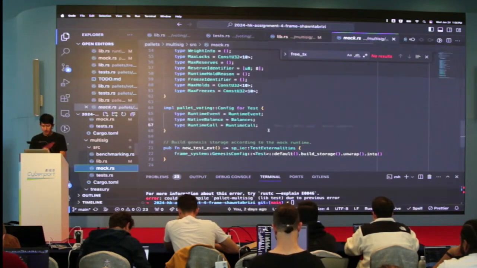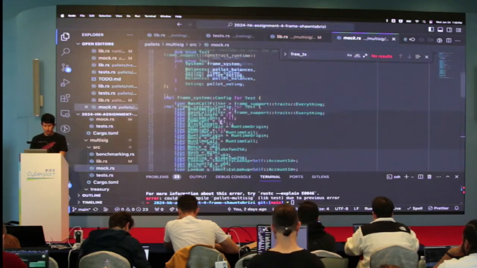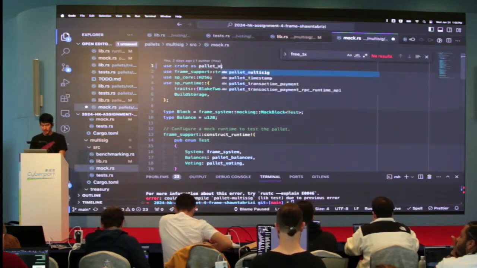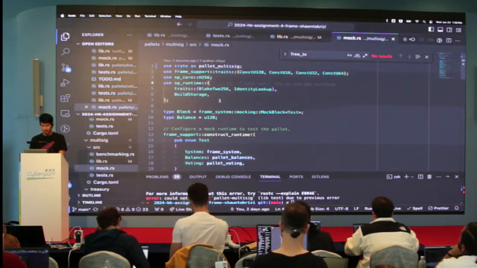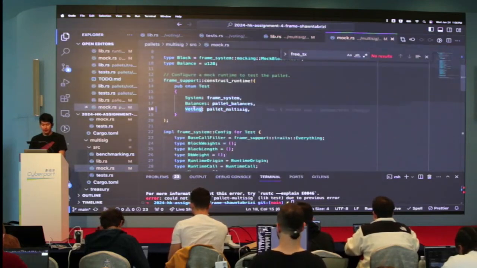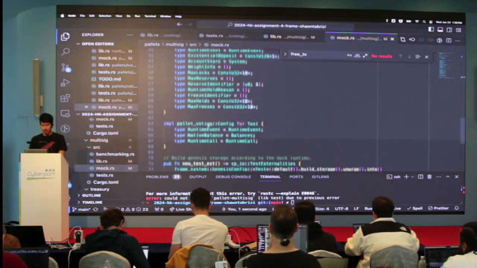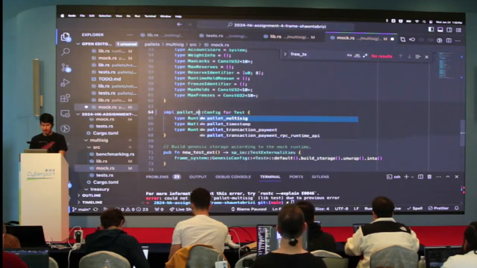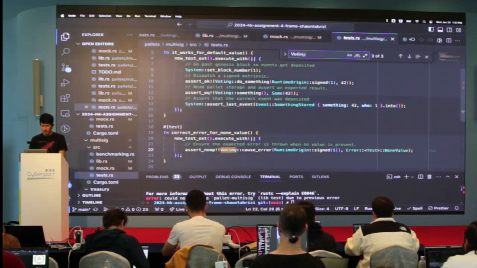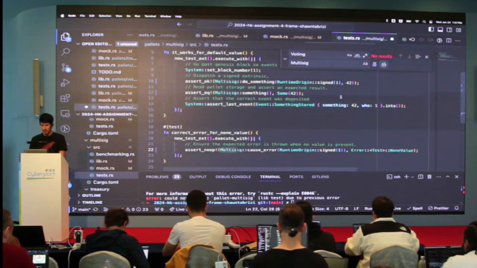I need to make a new, I thought I fixed this. Sorry guys, for one second. I'm going to fix the naming on this. Multisig. Pallet multisig. Did everyone fix their naming on their tests? You should, okay? Pallet multisig, and then in the tests, voting changes to multisig. Sorry, this was a copy-paste problem from yesterday.